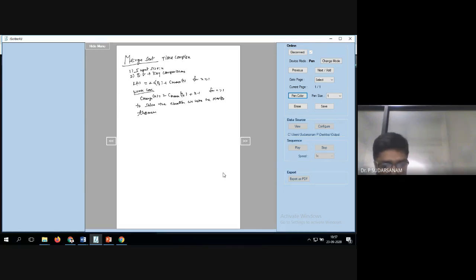So C of n is equal to 2 into C of n by 2 plus n minus 1, for n greater than or equal to 1. This is the equation you have to write. Now how do we solve this equation? So write it now.